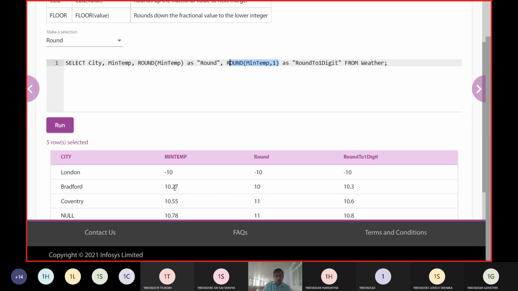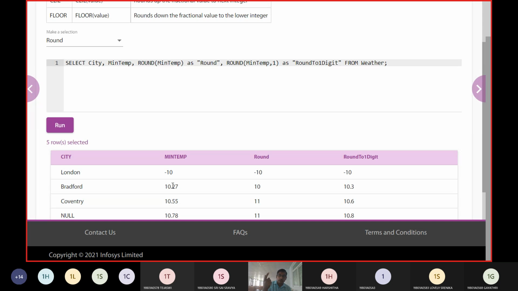So 0.27, the first digit is 2, and the next digit was 7, because we gave it one position. 7 is greater than 5, so it moves up, and the result becomes 10.3.